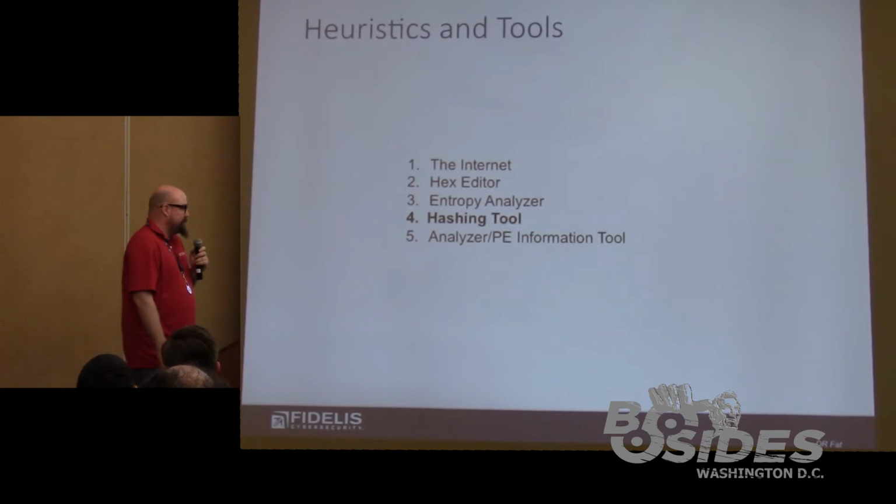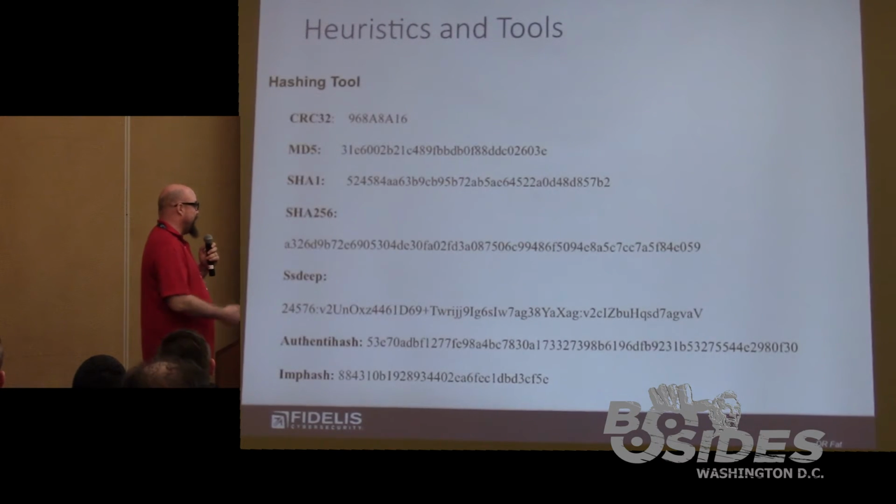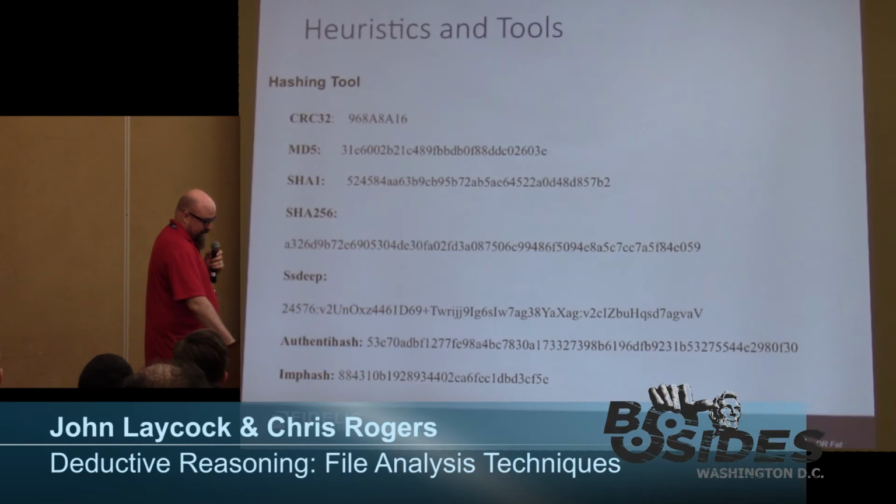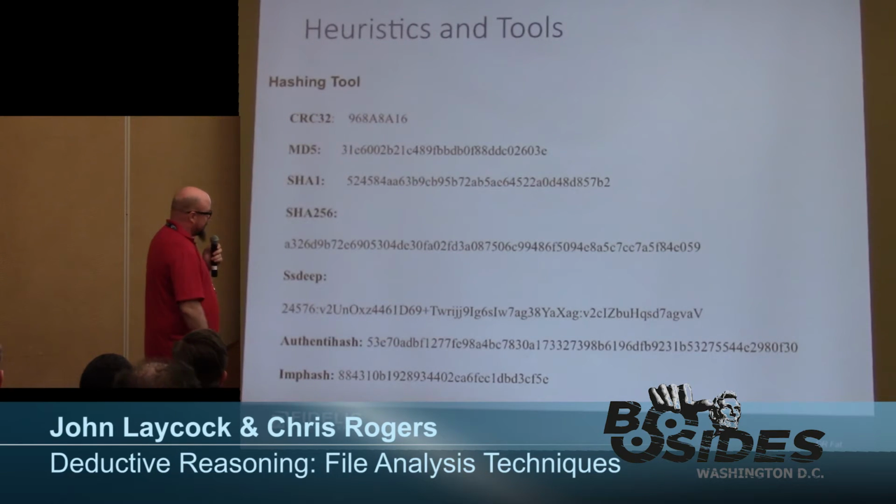So the next item we want is a hashing tool. You can use HashTab. There's a dozen of them. If you're familiar with Python, there's pefile, and a variety of different things. But why hashes? Well, hashes are essentially fingerprints of a file. Instead of typing in svchost.exe and coming up with 1,000 different things, you type in the MD5 and you're going to get a whole different thing, because this is actually what the file is. And as we break down the hashes from CRC32 down to the SHAs,